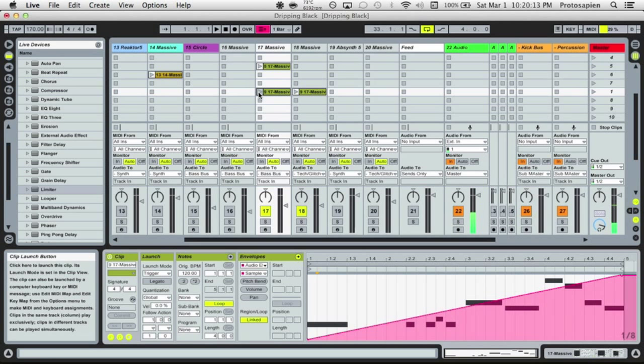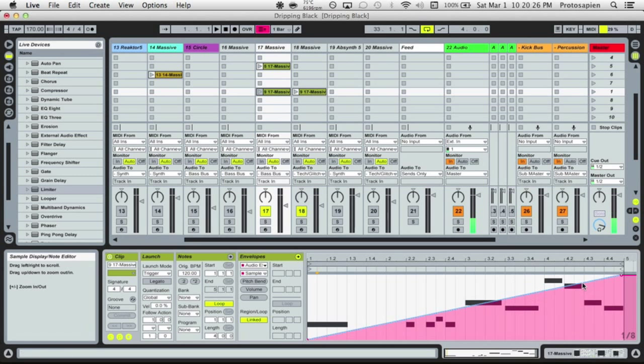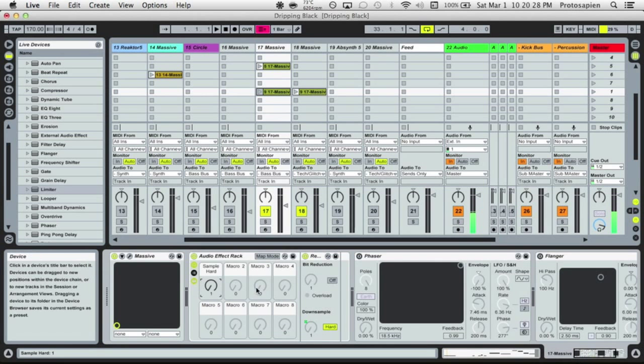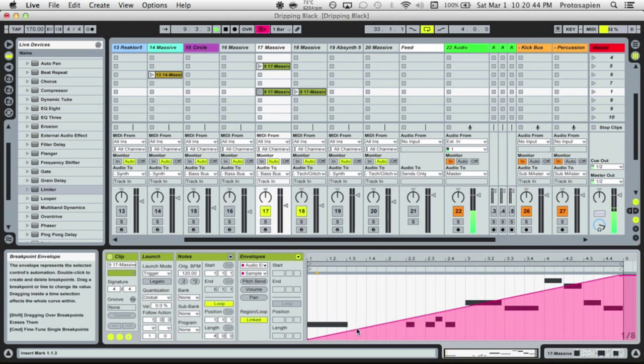I'm going to go ahead and hit play and just demonstrate that simply writing automation in a clip, just because you have the parameter highlighted and it's drawn, doesn't automatically mean you're going to hear anything. So just to demonstrate. You didn't really hear anything other than the note change. The sound itself wasn't really affected, you didn't hear any audio effect